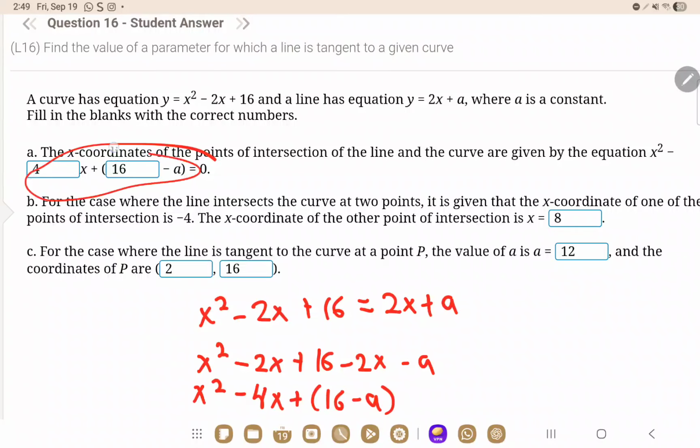And that's the first part. Now for part B, imagine the line intersects the curve at 2 points. Given that the x coordinate of one of these points is -4, the x coordinate of the other point of intersection is, so what we need to do is